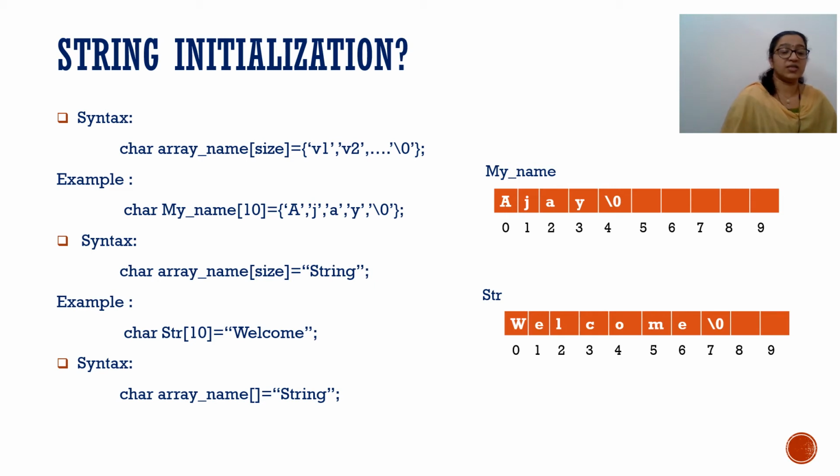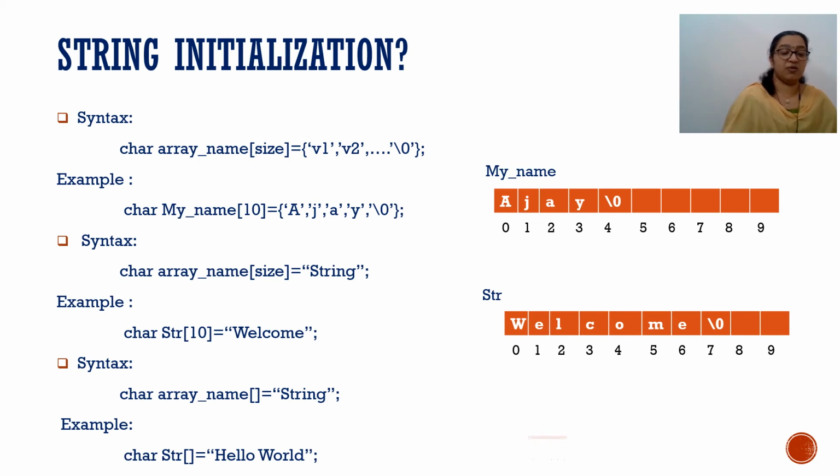So using empty brackets is only possible at the initialization time. We are not specifying the size, which means the size is the number of characters in the double quotes plus 1 byte extra for the \0. That much size we will get automatically. Okay, see the example here: char str[] = "hello world";